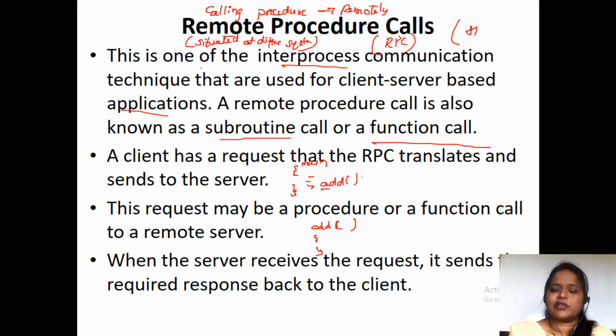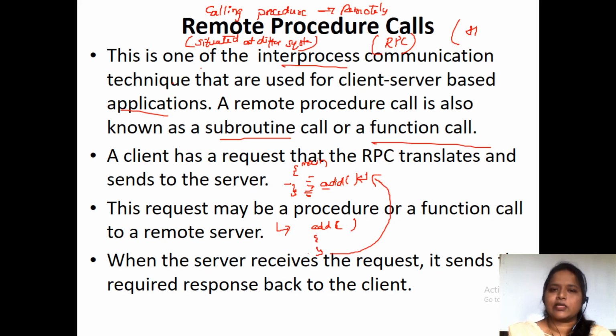So when the add function is called, automatically the cursor will shift from here to here, complete the execution, and the result is taken back to the add call. This is how a function is executed.